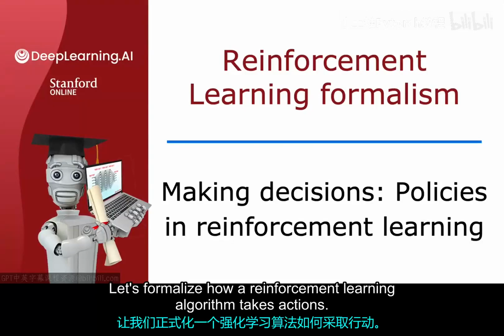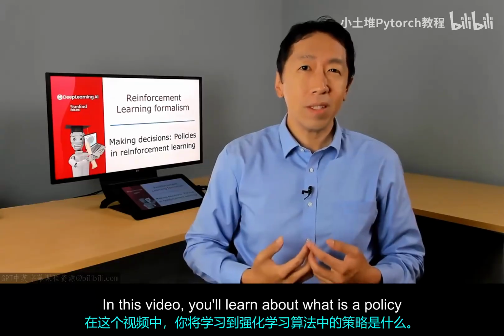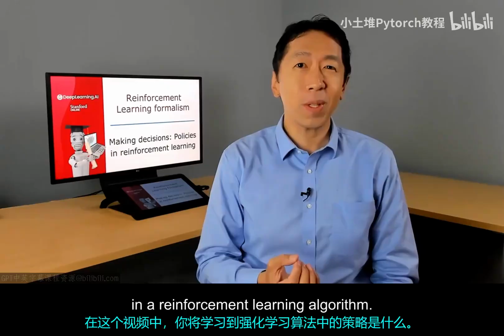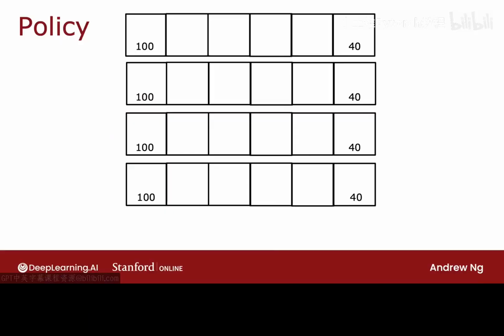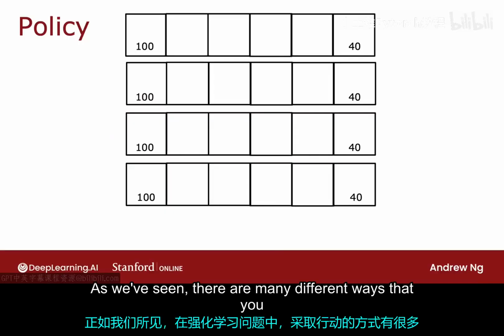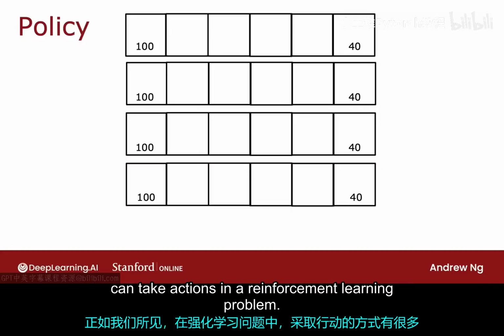Let's formalize how a reinforcement learning algorithm picks actions. In this video, you learn about what is a policy in a reinforcement learning algorithm. Let's take a look. As we've seen, there are many different ways that you can take actions in a reinforcement